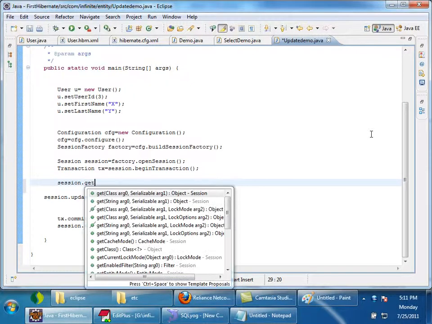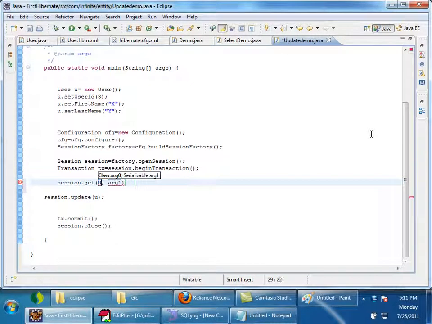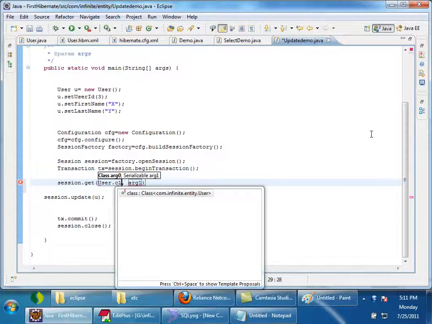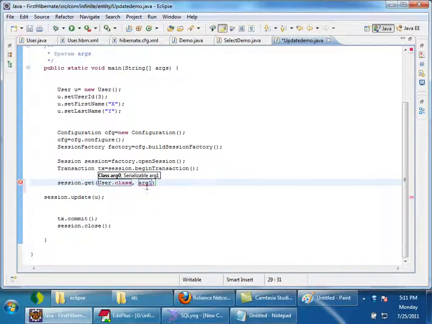Session.get, User.class, whose primary key is 3. Now tell me, is there any issue here?